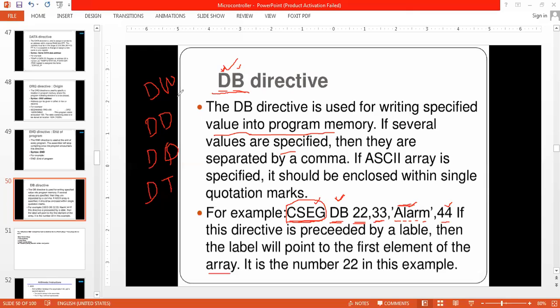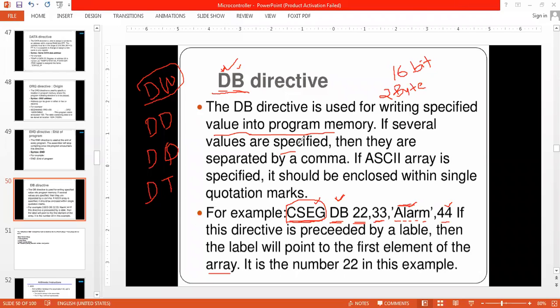Now, what is DW? DW is data word. Data word stands for 16 bits, that means 2 bytes. DB stands for a single byte, DW stands for 2 bytes, double byte.